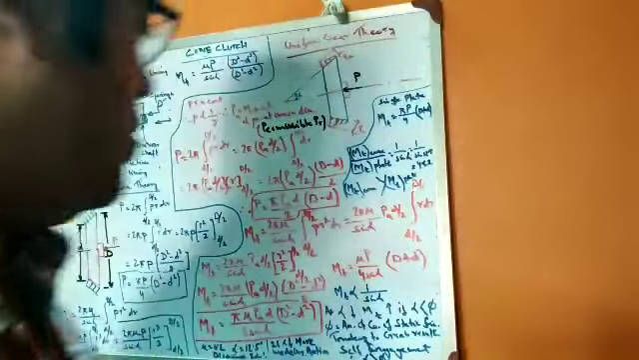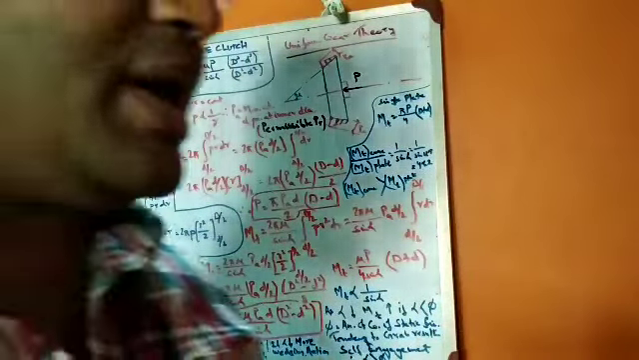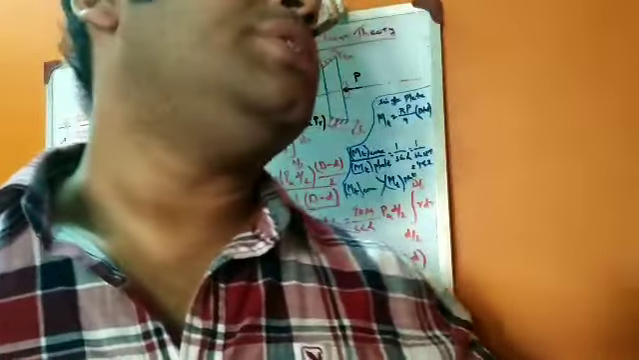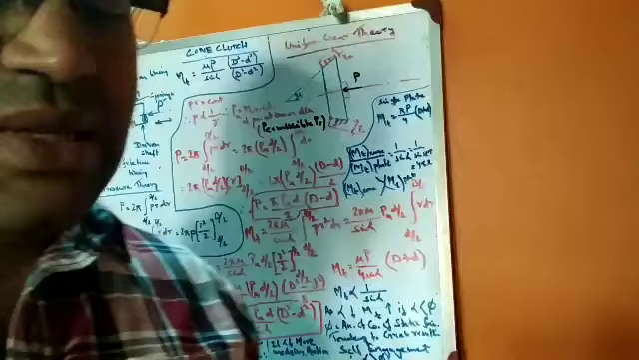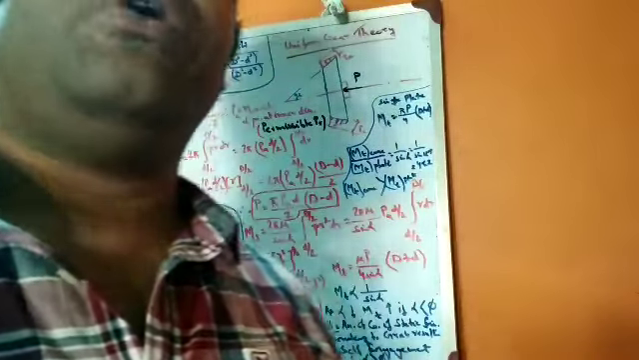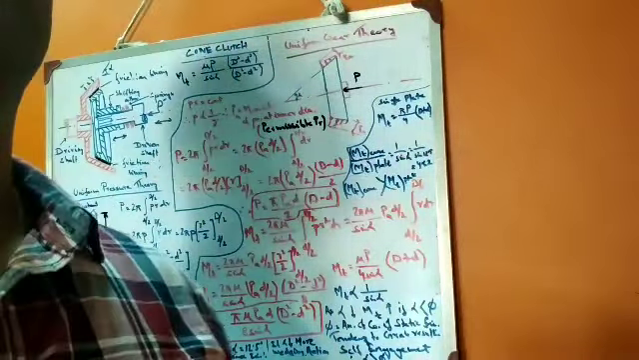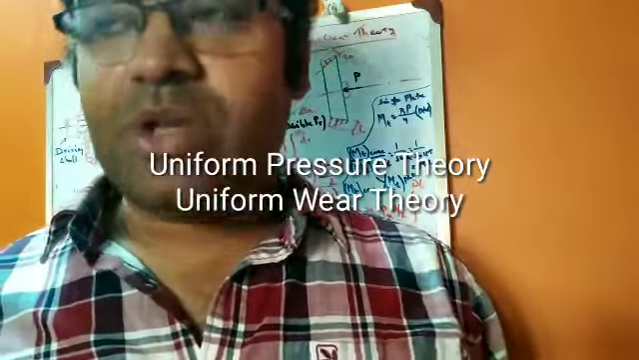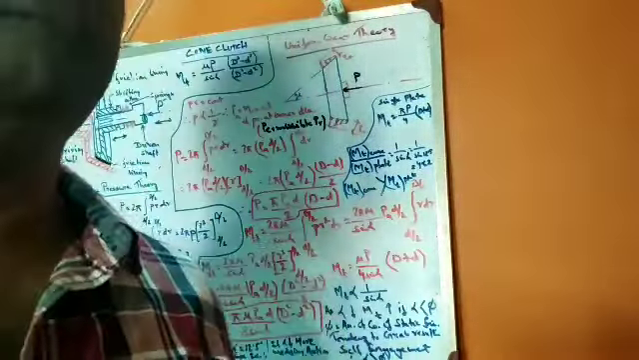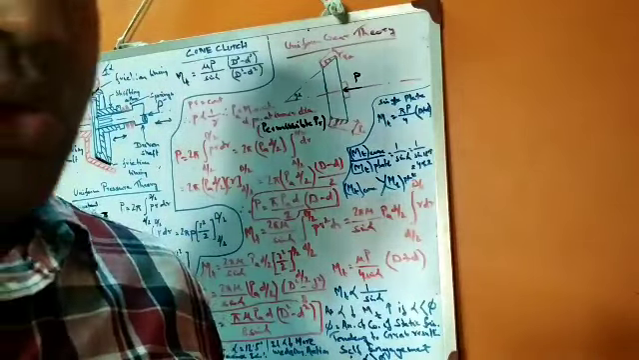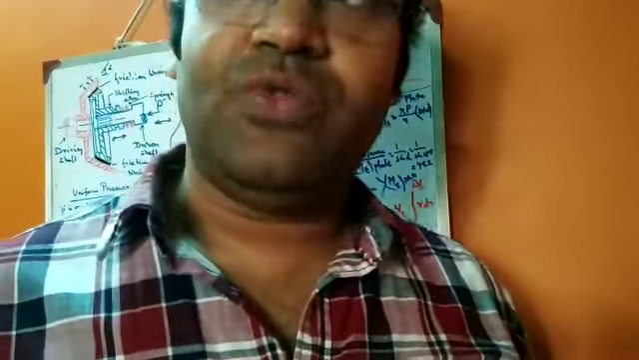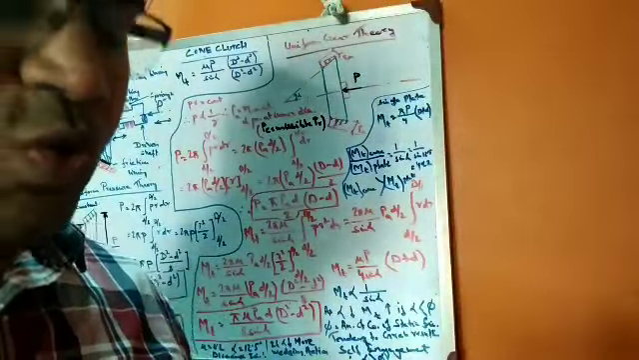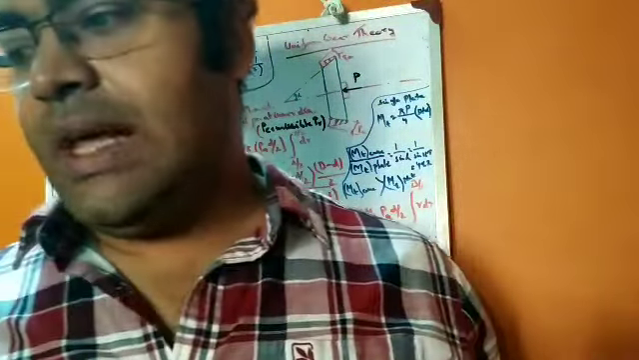Now I told you that there are two specific ways of deducing these expressions. One is the uniform pressure theory, and another is the uniform wear theory. A very important consideration is when we should consider uniform pressure theory and when uniform wear theory. First of all, the very basic thing is that when a clutch is new,